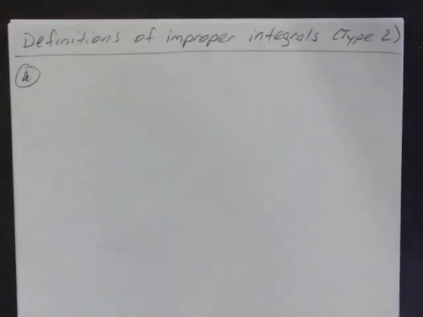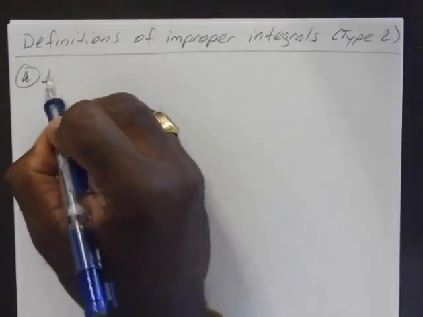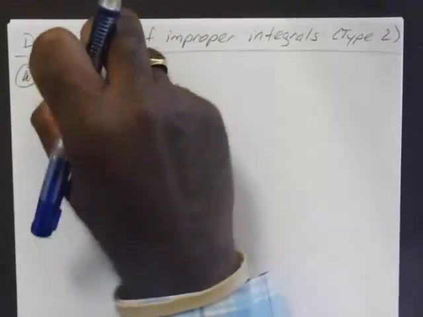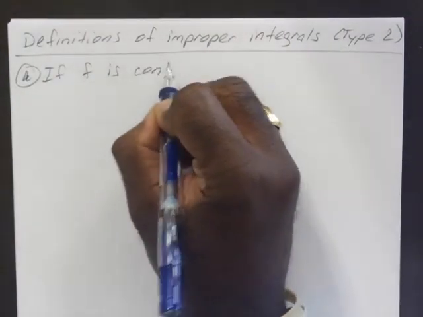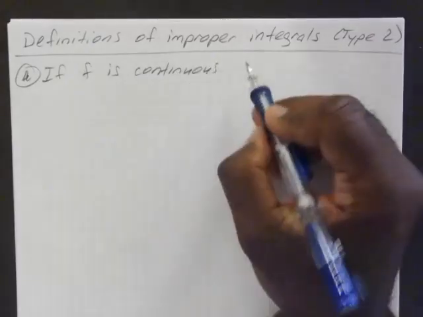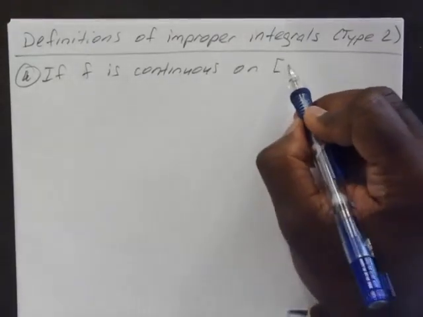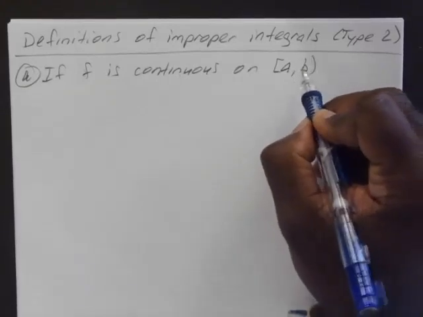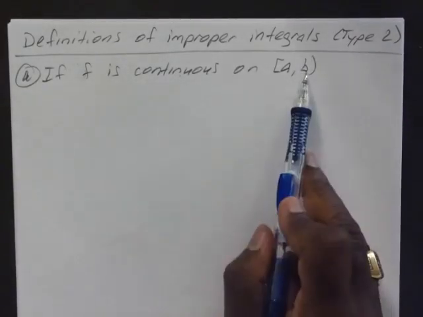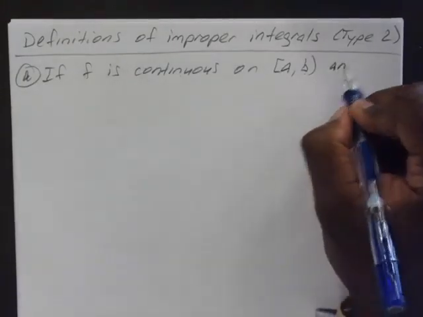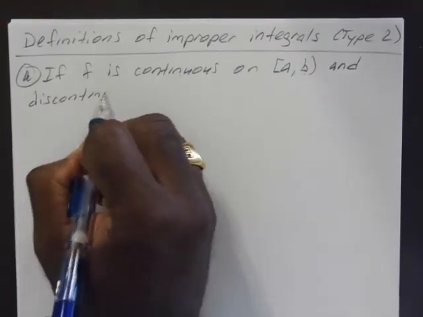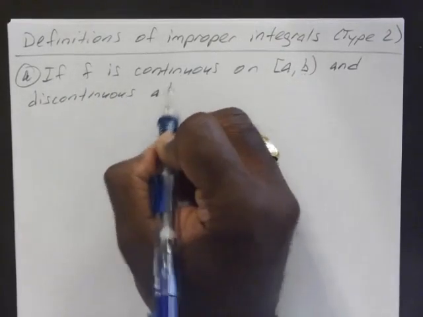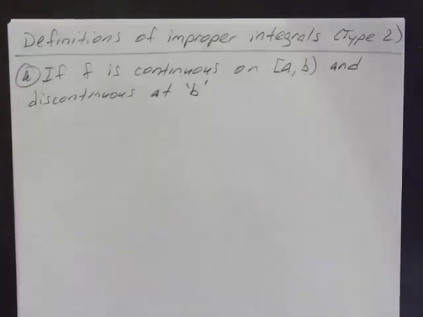We'll call that one A. It says that if f is continuous on some interval from A to B, where it's discontinuous at B, where B is your vertical asymptote,